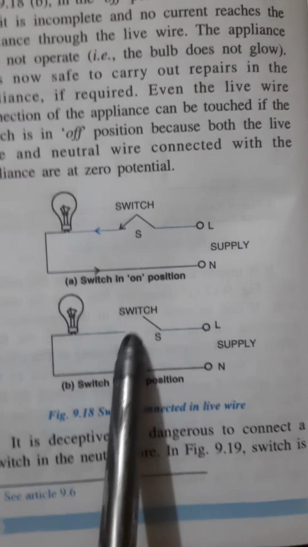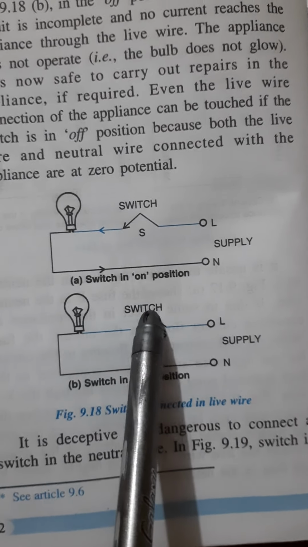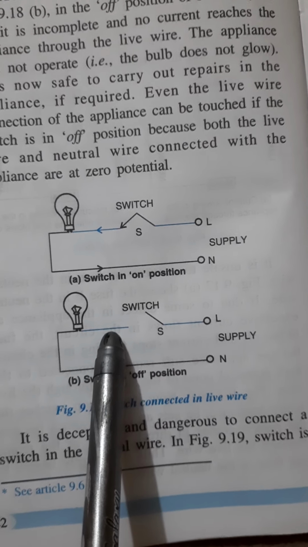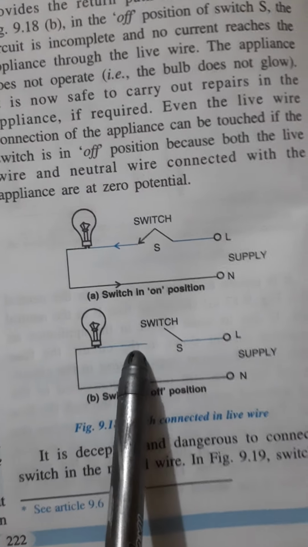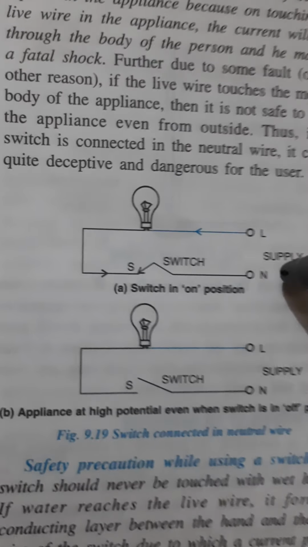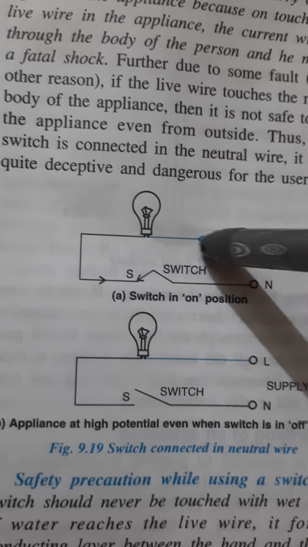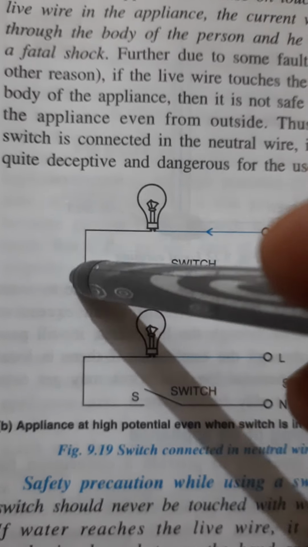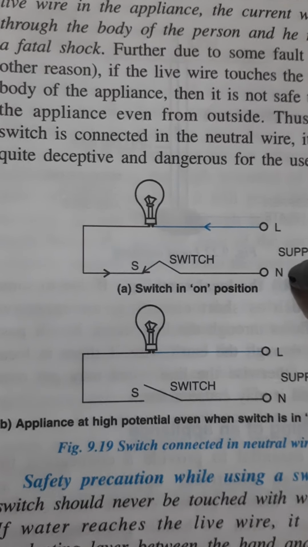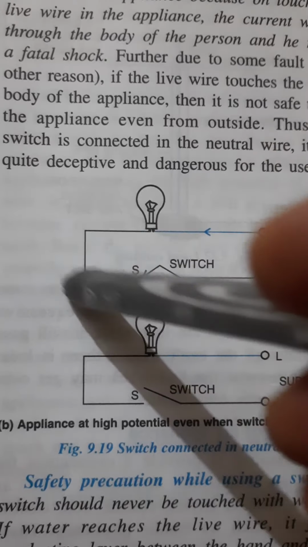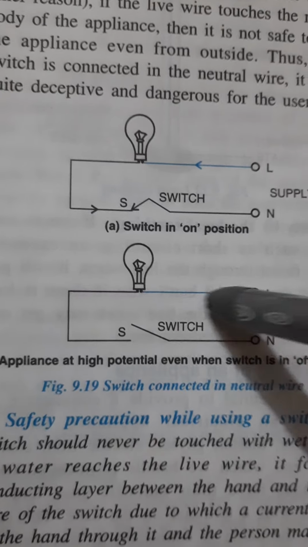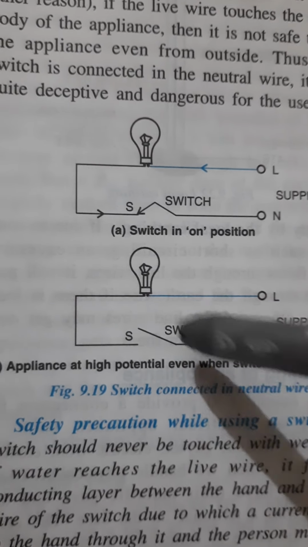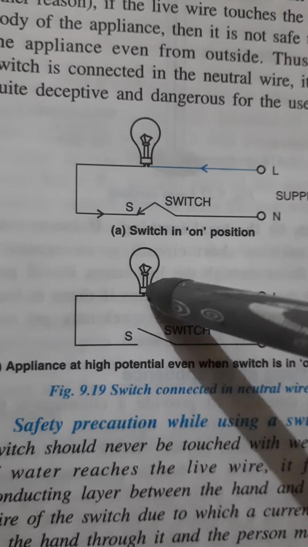Same in off position, when you put the switch in off position, what will happen? There is some gap in the live wire. With that the circuit will break and no current will flow, the bulb will not glow. But second thing, if we connect the switch in the neutral wire, then if you see, current directly moves to the appliance and then goes to the switch and then goes to the neutral wire. This is on position, circuit complete, current will flow, bulb will glow. Whereas in off position, what will happen? The circuit will not complete, current will not flow, and with that the bulb will not glow.